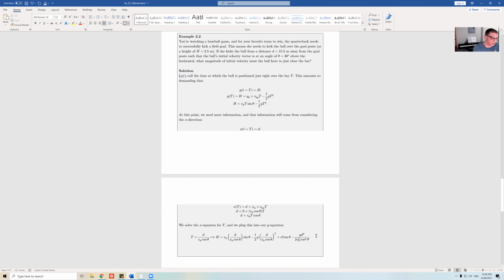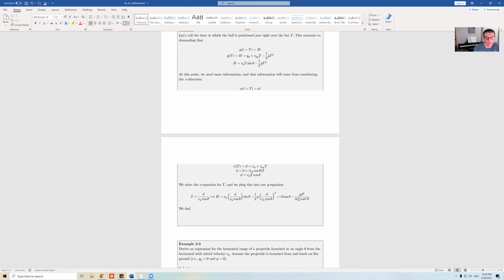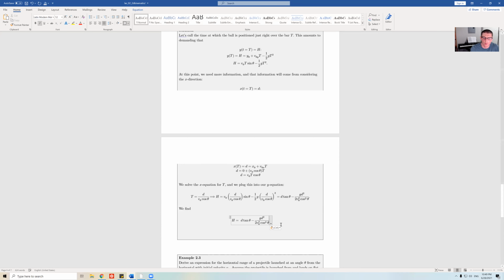Let me restate it because this is kind of cluttered. We find that h equals, and then all we really care about is this, because this is the result that we're going to work with. We find that h equals this. And we have all the information we need to solve this. So rather, I'm going to have the computer do the algebra here. Actually, wait, I think I wrote this down. So let me just state the result and leave it as an exercise for you to show this. But we should find this kind of nasty